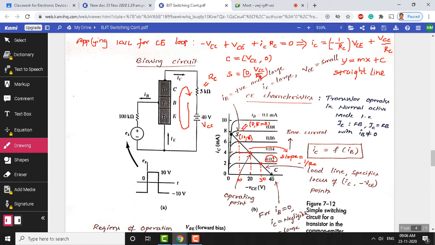So that means you are shifting from saturation to cutoff, cutoff to saturation, many times to make it an on and off. So here in the cutoff mode the device works like an off switch. In the saturation mode, the device works like an on switch, where VCE is equal to 0. Look at this device, when VCE is equal to 0, this complete device is behaving like a short circuit, right? There is no drop between the collector and emitter. VCE is equal to 0 at saturation, that means this device is fully conducting.